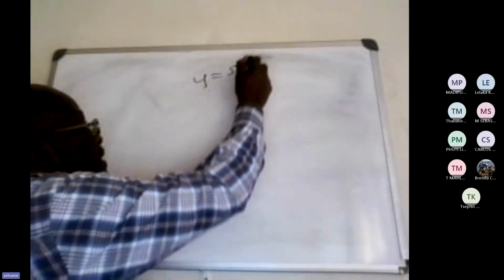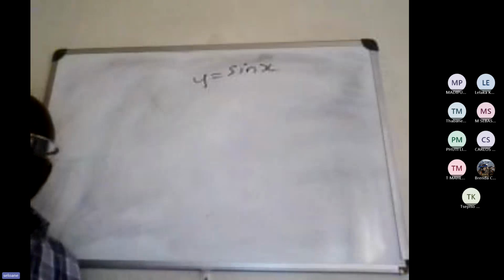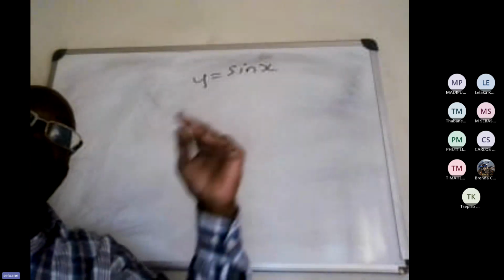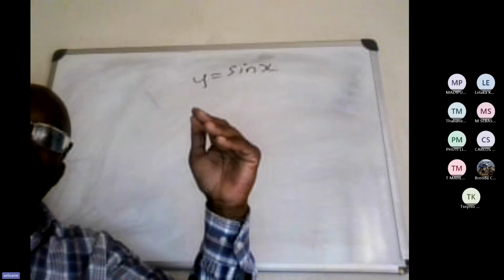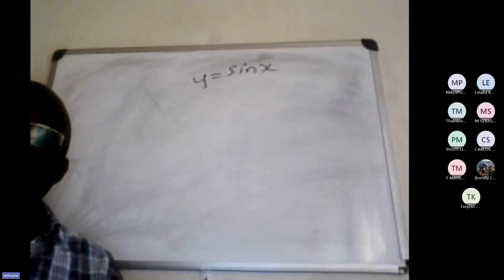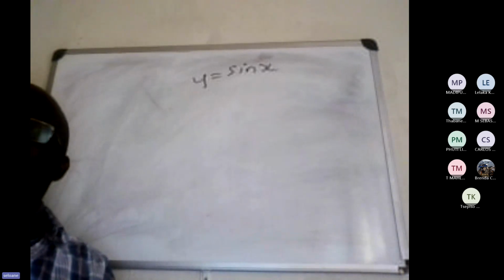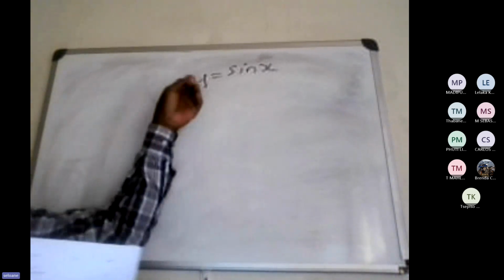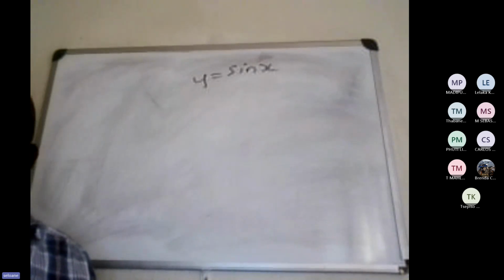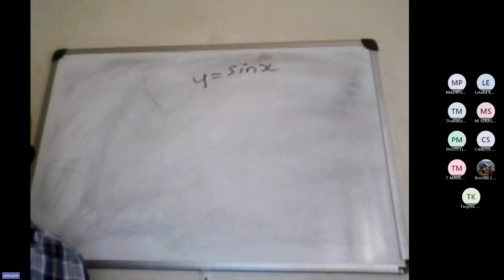It's defined by this. I just want to give you something where one part is above the x-axis and the other one is below the x-axis, because if you're not careful, you're going to get the answer 0, which doesn't make sense. Okay. Find the area of the region which is enclosed by